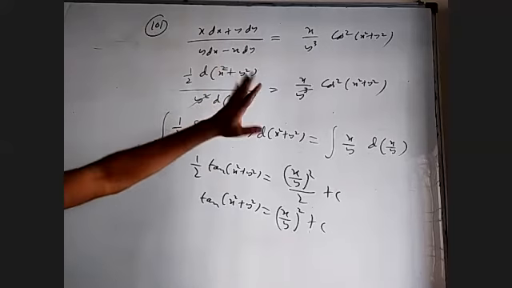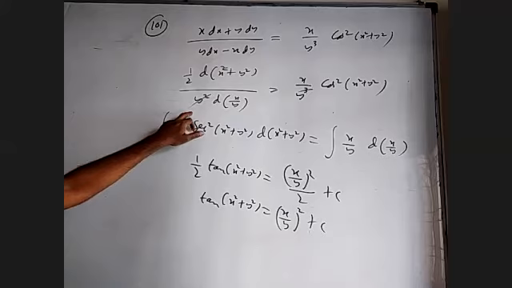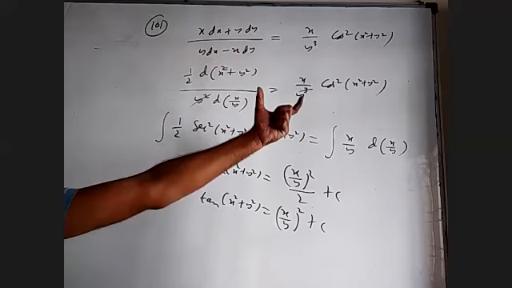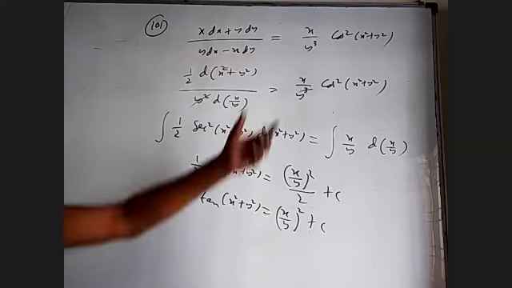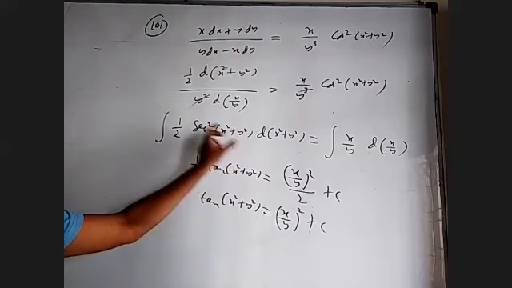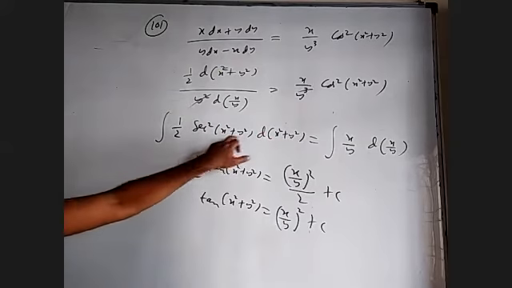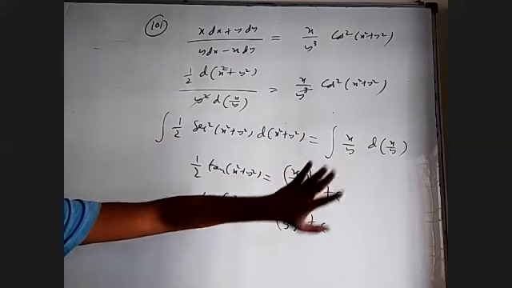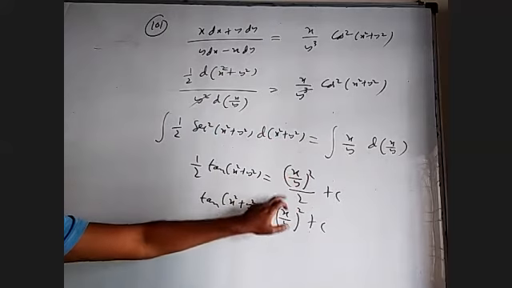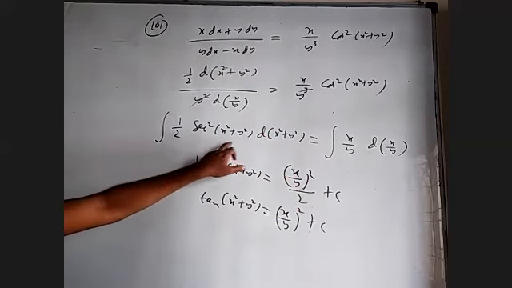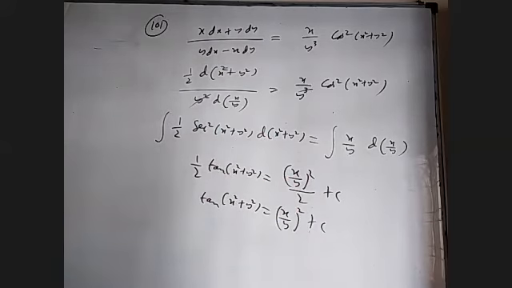That is this. On the RHS I have not done anything. Later on, cancel y square and cube. Cos square I brought here, and this d by x by that side, and everything is nicely there. Whatever is here, the derivative is available. Whatever is here, the derivative is available. If I take this as theta, this will be d theta. If I take that as z, that will be dz. Z dz integral is z square by 2. Secant square theta d theta integral is tan theta. Is it okay, Dhanush? Okay.